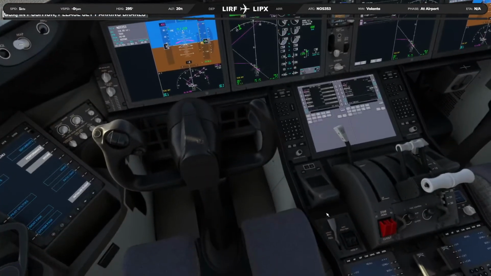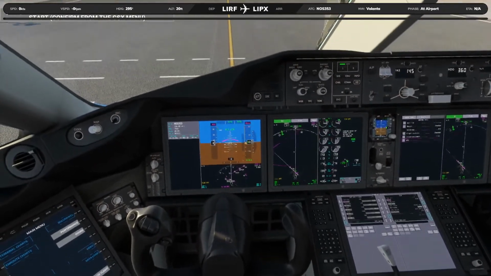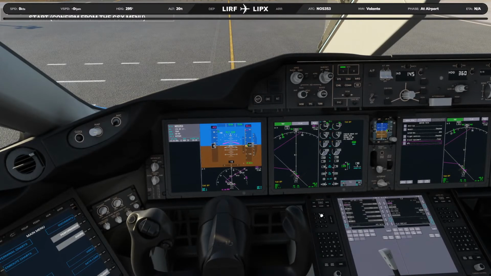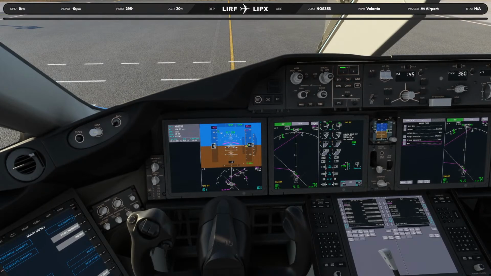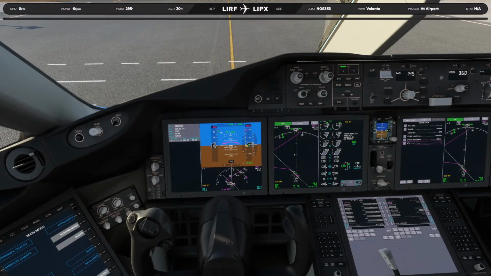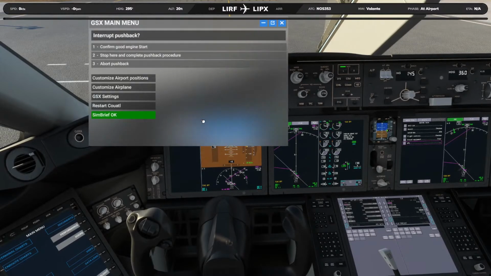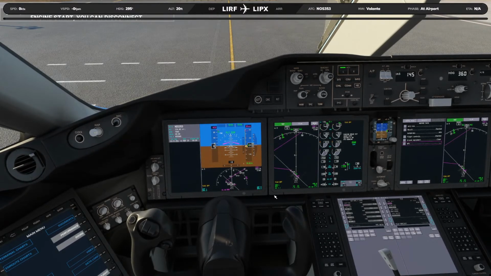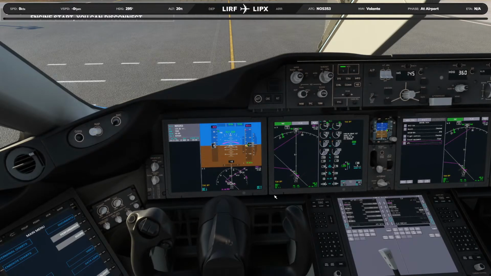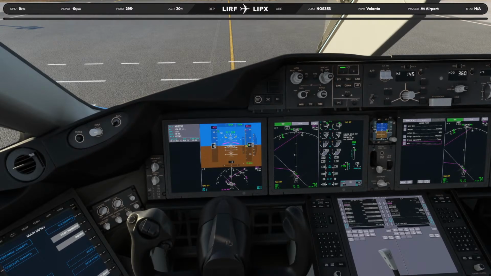All right, let's set the parking brakes. Waiting for your confirmation for a good engine start. All right, we are waiting for a good engine start, so we can go ahead and dismiss the ground services. Confirm. Cockpit to ground. We have a good engine start. And let's go ahead and disconnect. Set our flaps. We're going to do flaps 15 for departure.